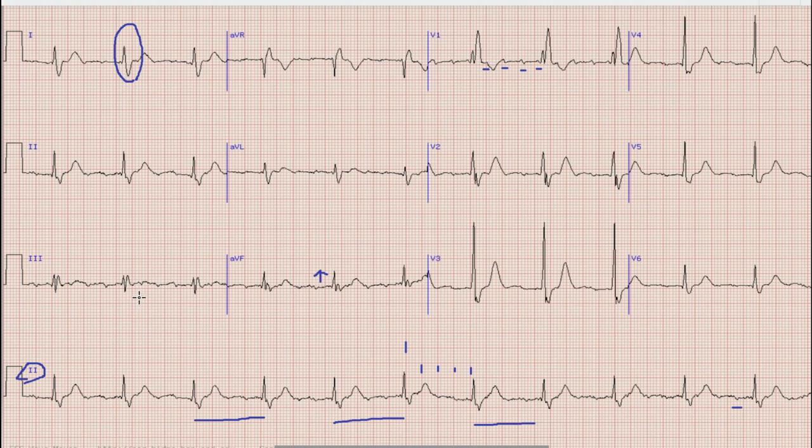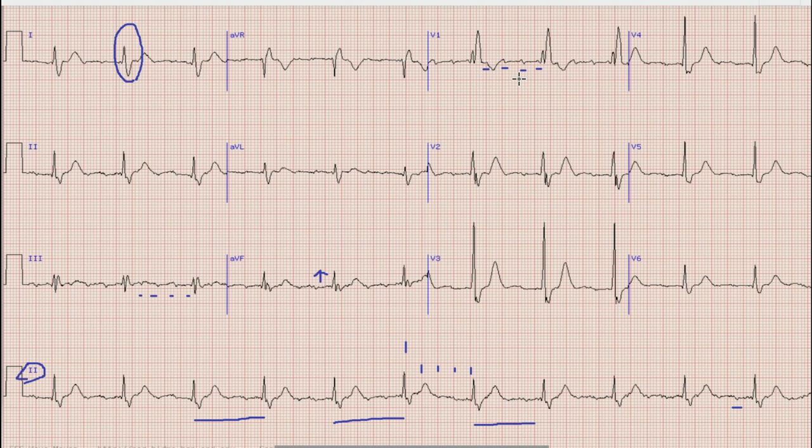Again in lead 3 we can see that there are inverted P waves. There are 4 inverted P waves or atrial waves before each QRS complex. Normally in inferior leads the P waves are upright, whereas in the case of V1 the P waves are inverted. Also, the rate of atrial activity is around 280 beats per minute, whereas the ventricular rate is around 70 to